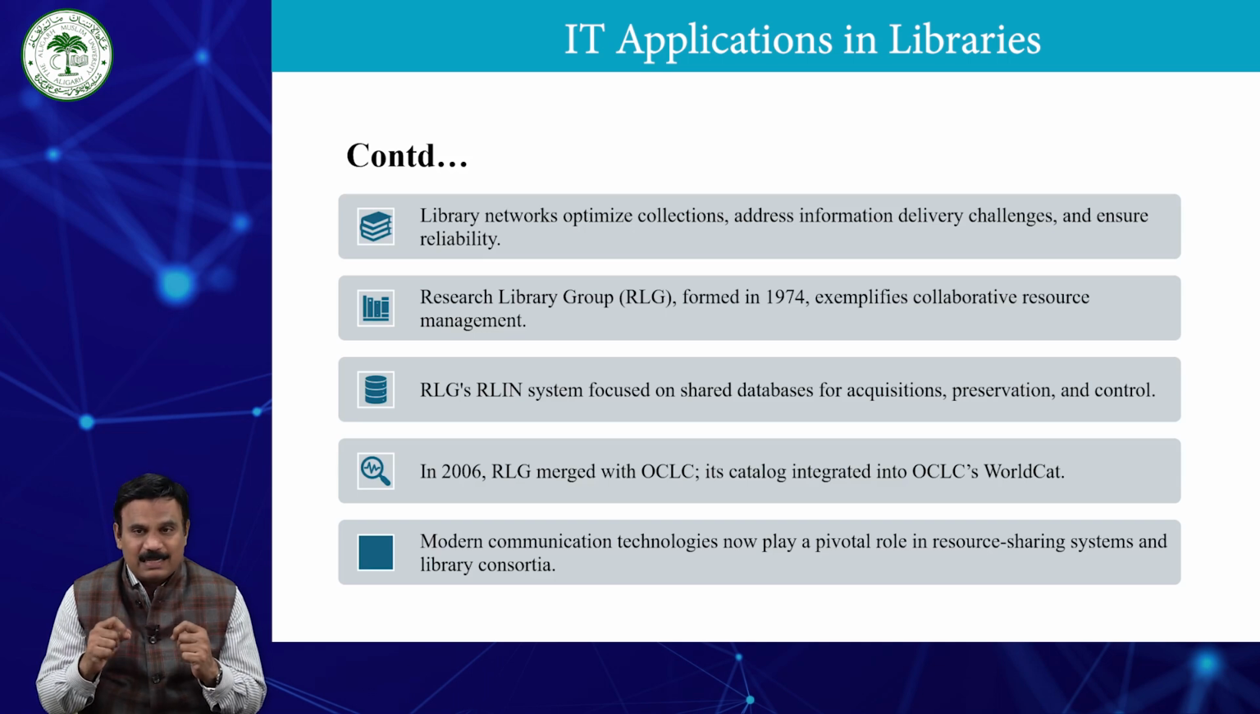One prominent example is the Research Library Group (RLG), established in the year 1974 by Columbia University, Harvard University, Yale University, and the New York Public Library. This library consortium, including several universities and research institutions, collaborated on resource management programs and utilized Stanford University's bibliographic automation of large library operations using a time sharing system, that is known as BALLOTS. RLG's system,